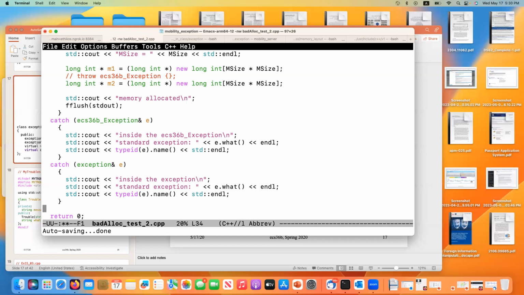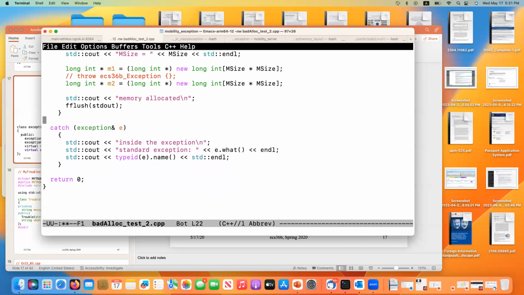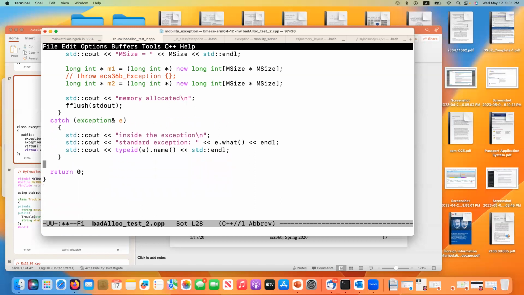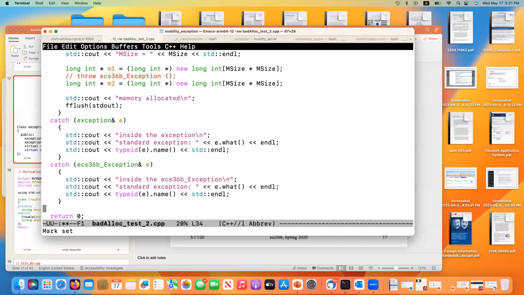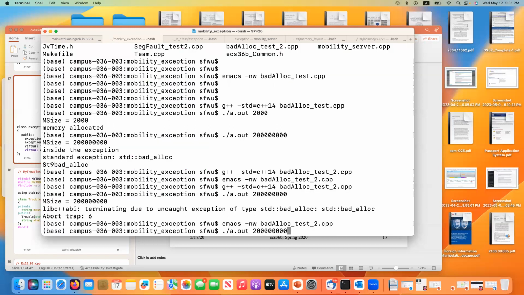Let's actually try this one first. Let me just show you that you can write a program to verify whatever we discuss in this class. You see that I switched their order. I put the default over there. And over here, take a look at what I did. Let's add this line. I throw an ecs36b exception. I'm throwing a more specific derived exception class. So if I try to run this program,